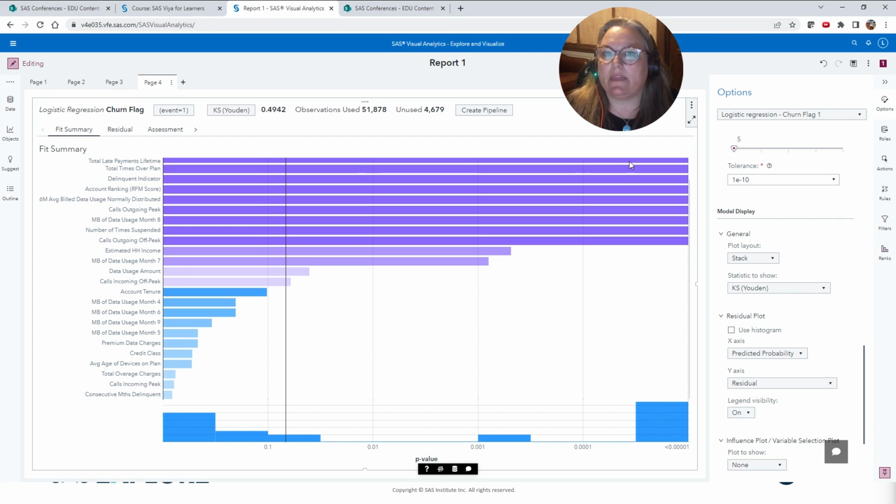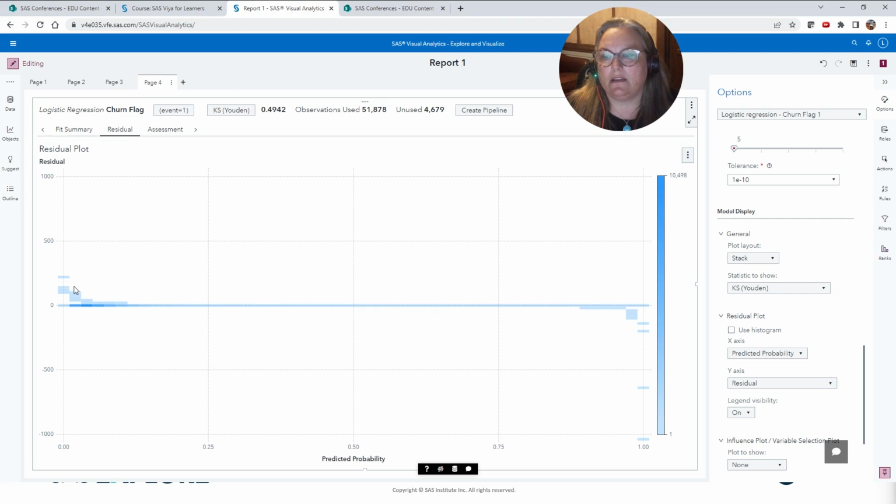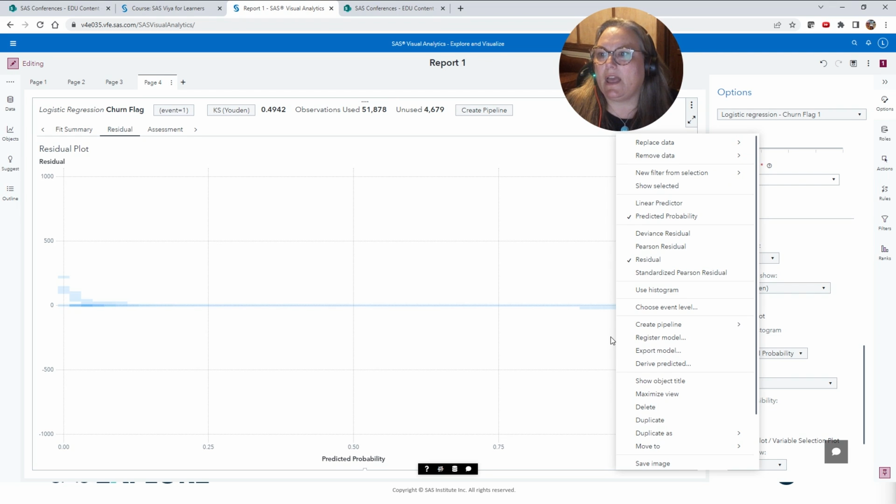So let's then pop over and see if our residuals are telling us anything. I got some noise here, got some outliers over here. You can select them. Then I could right click and do new filter from selection, include only selection, and write those residuals out so I could look at them.